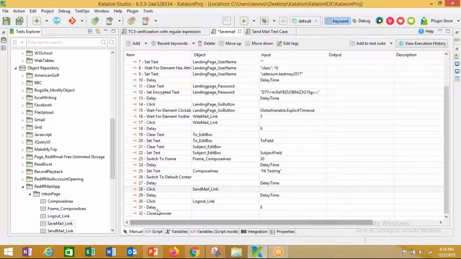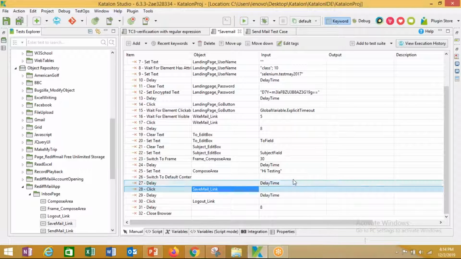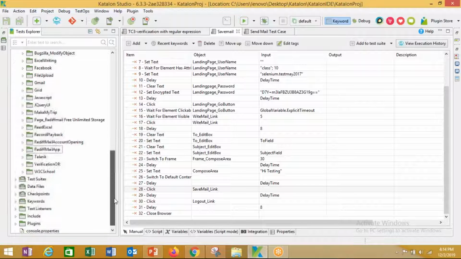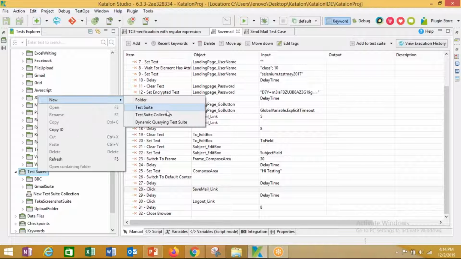And I can go to save mail. Instead of click on send mail, this will be click on your save mail link. That's all. The rest of the other things are absolutely as they are. Now for using these listeners, you first have to create a suite. We'll create a suite. I'll call this suite